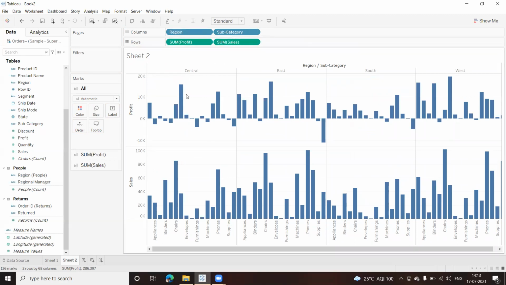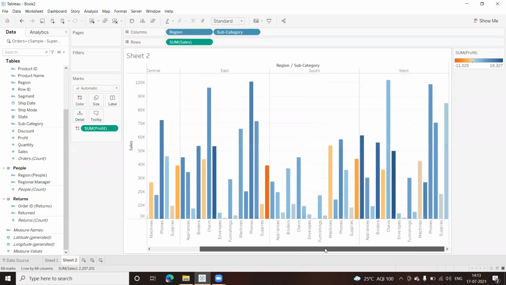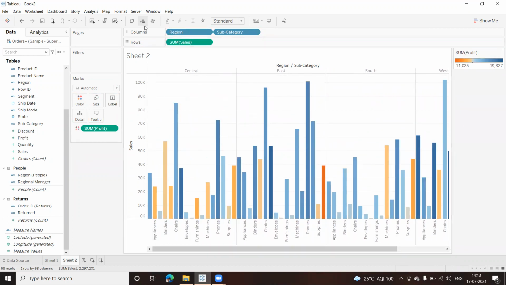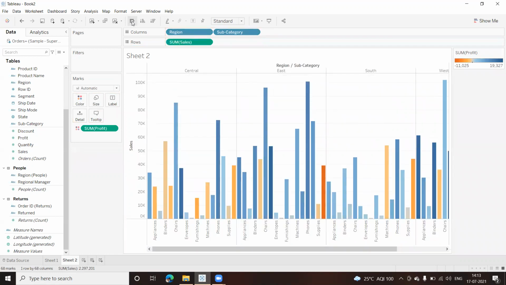In the same chart I want the profit, so I'll drag and drop this on the colors. Now this looks better. Again, I have a scroll here, so I don't want this. Let me do the transpose again. Not that good.